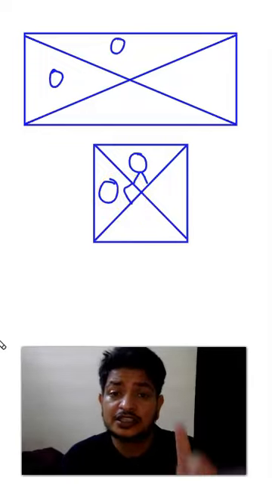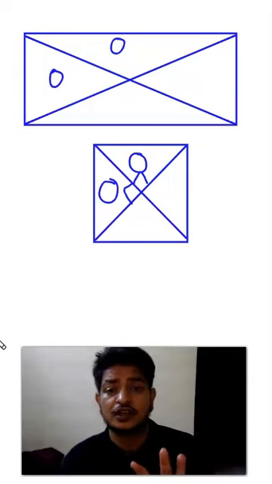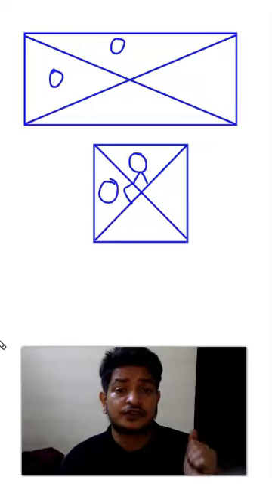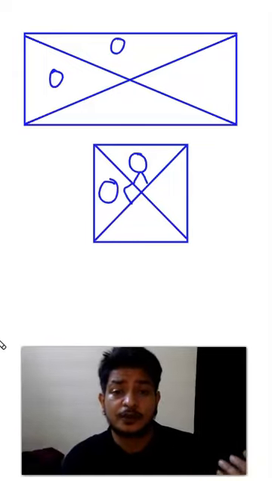So this is the property that you need to remember. Adjacent triangles are not congruent in a rectangle and adjacent triangles are congruent in squares. So this is the property that we have to use whenever someone is asking you why diagonals are not perpendicular to